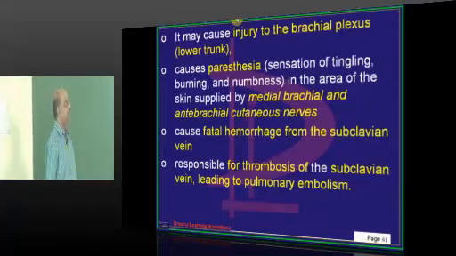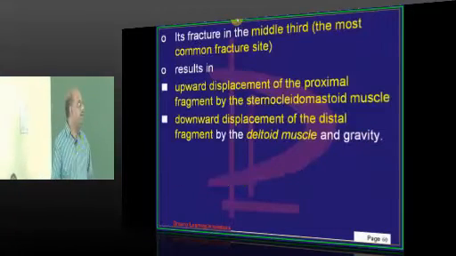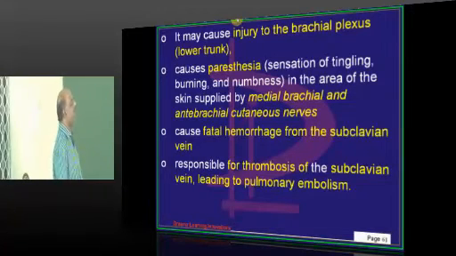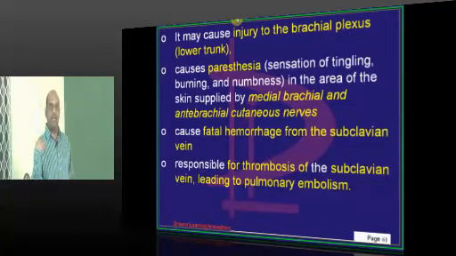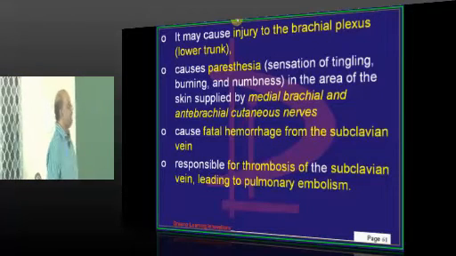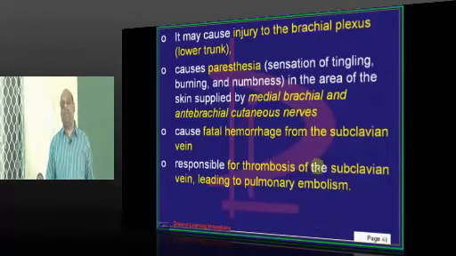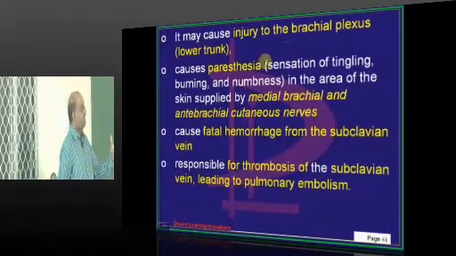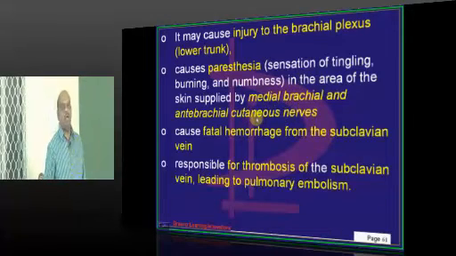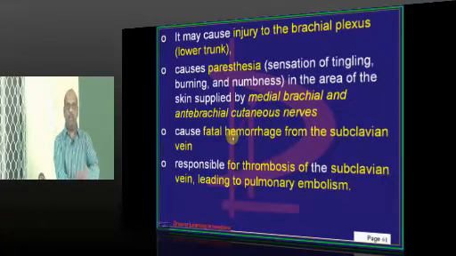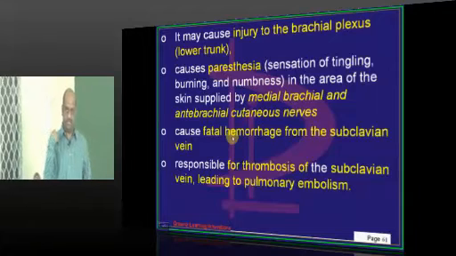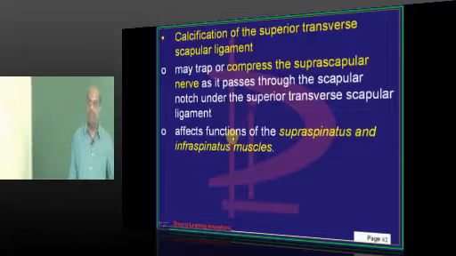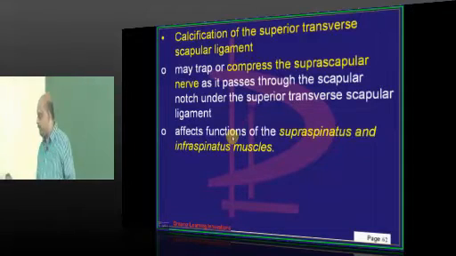Then there can be an injury to the brachial plexus, especially the lower trunk, whenever a fracture of the clavicle is there. There can be a fatal hemorrhage because of bleeding from the subclavian, and there can be paresthesias because the medial brachial and antebrachial cutaneous nerves pass in close relationship with the clavicle, is what needs to be remembered. Then the second important surgical point of interest is